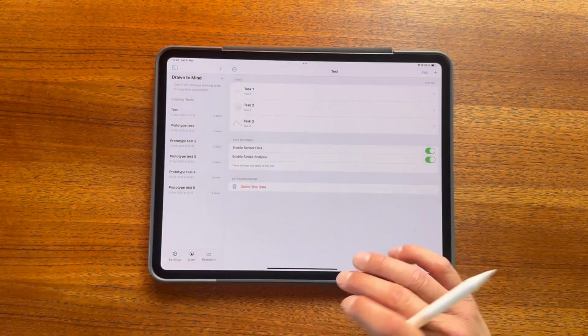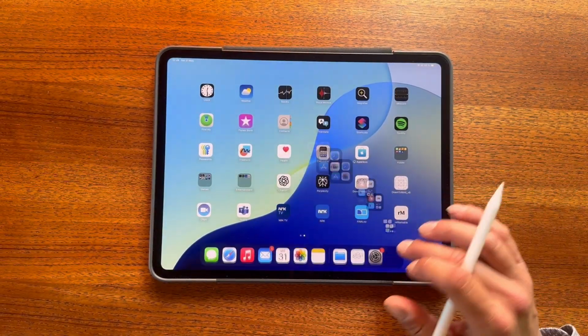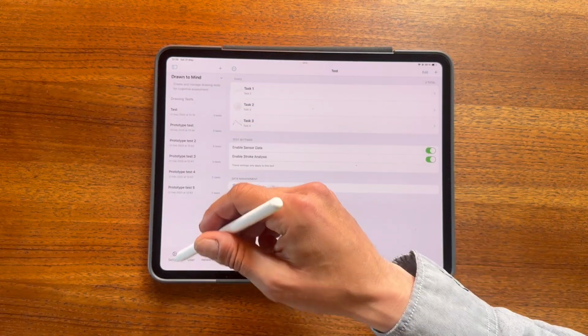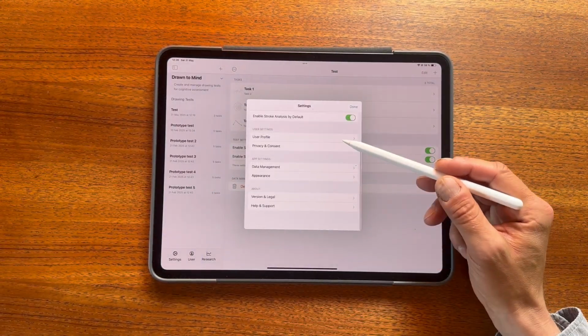And most importantly then, it shows how data then could be,